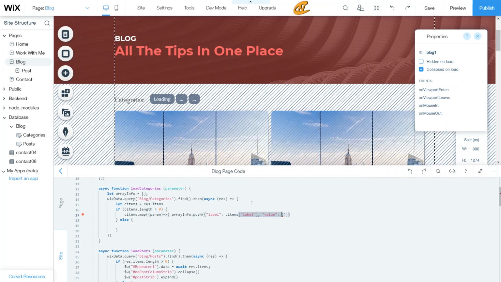And then what I want to do is C items, and the reason why I'm putting it in brackets and in quotes, sorry, not parentheses, is so that it can get to the field keys that have dashes in them, just like this one that I'm about to show you. Actually,